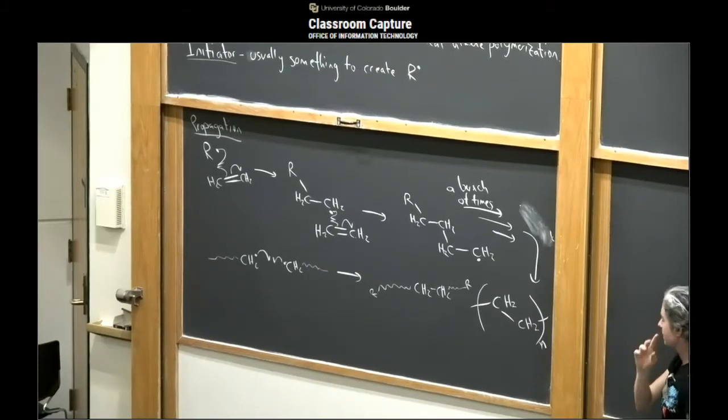There's also some other reactions that can go on, like radical chain transfer and stuff like that, so they might not always have every chain with an R group on it by the time everything's done. But this is kind of like the oldest, simplest way of doing things. So. Okay,